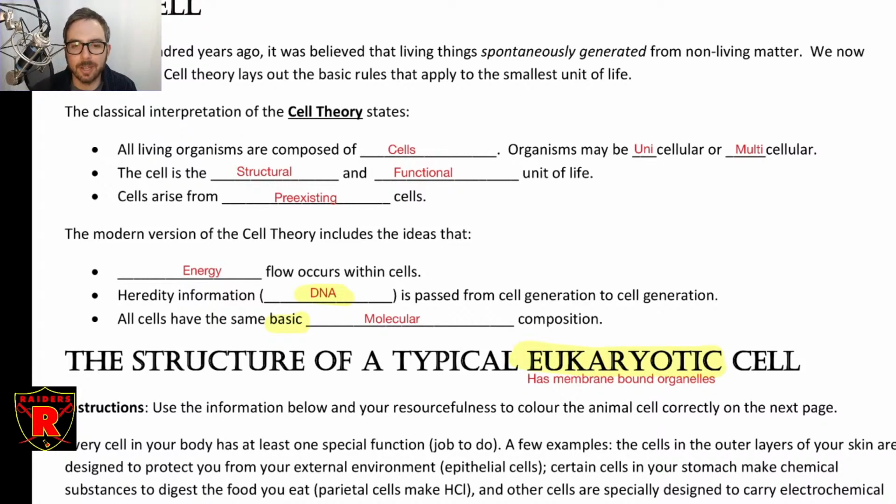So if you go down one lower level to the organelle level, you can't separate them out and have them be structural and functional on their own. So that's what it means by saying that the cell is the structural and functional unit. It's the smallest structural and functional unit of a living thing. And as far as we know, cells always come from pre-existing cells. In other words, there's no such thing as spontaneous cellular generation.